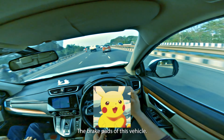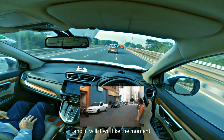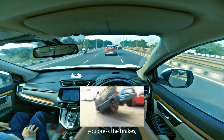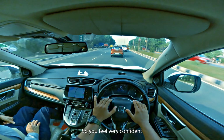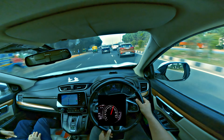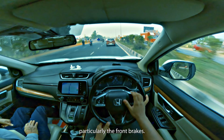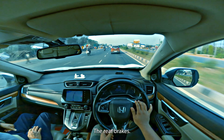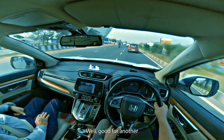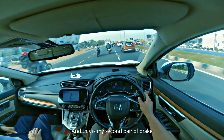And the brake pads of this vehicle, it is amazing. The amount of bite it offers, the moment you press the brakes, you can anticipate how much braking distance it will require to stop the vehicle. So you feel very confident over your speeds and maneuvering the vehicle, particularly because of the front brakes. The bite is very, very strong as compared to the rear one. Though the rear brakes are good for another 10 to 15,000 kilometers, and I have not yet changed the rear brakes till now. And this is my second pair of brake pads,